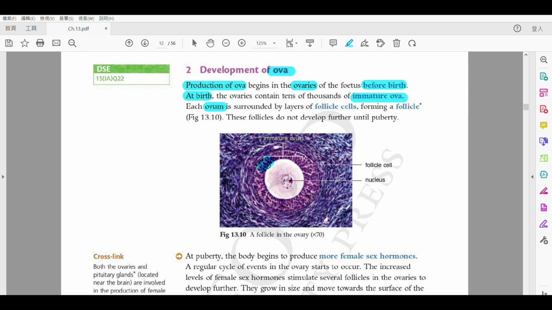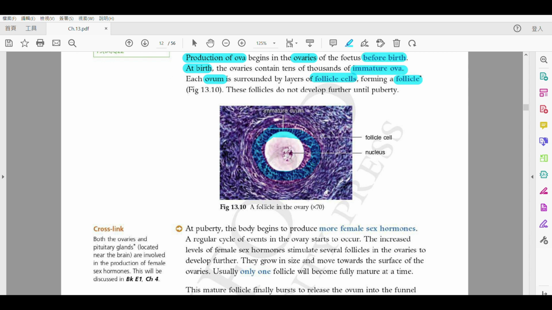Alright, so what you can see 就係 seems like there is another jelly coating, and this one we called it the follicle cells。指到度啦，follicle cells，中文係卵泡，得唔得？So around every immature ovum，每一粒嘅外邊啦，其實要 see the follicle cells。OK，而係形成一層嘢，呢一層我哋就叫做 follicle 啦。